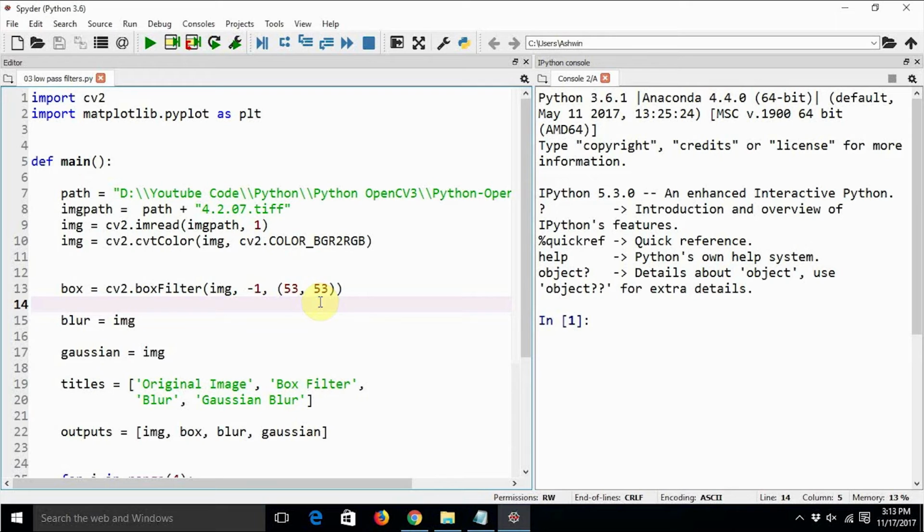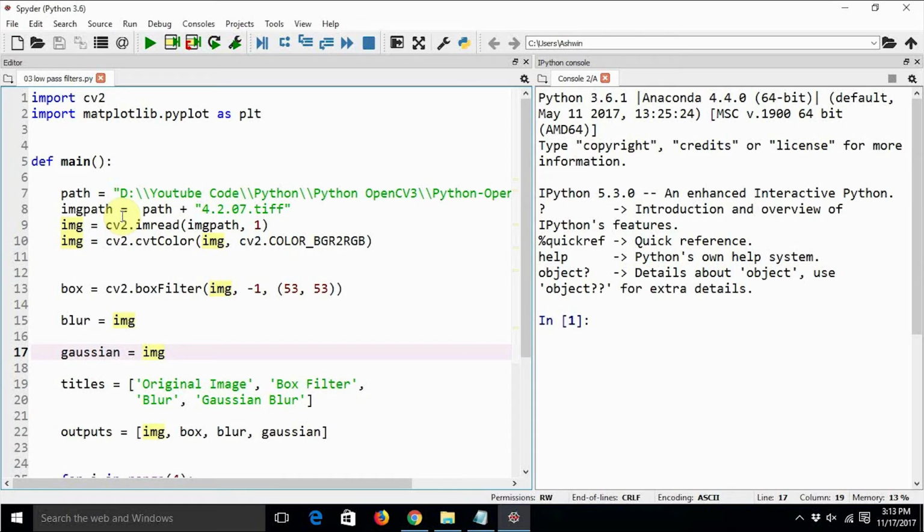It is not possible for us to see the kernel as we used to see in the code earlier, because that kernel was custom created. Here it will internally create the kernel, and it will just apply it on the image, and we will just be able to see the output. For the rest of the 2 operations, I have just kept the placeholder as img, because we really want to just focus on one filter at a time, and we just want to see the difference.